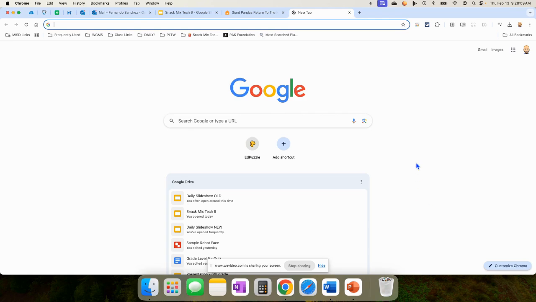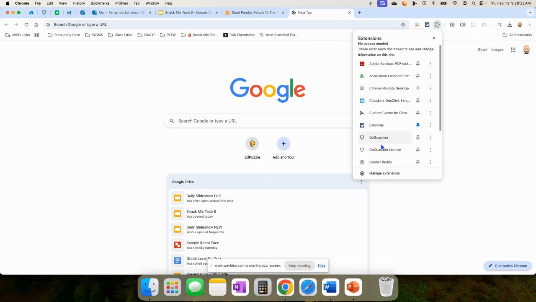The next Google Chrome extension I'm going to show you is called Tango. Let me show you how it looks. Tango is so that you can automatically take screenshots as you're trying to show people how to do something. Let me show you how it works. When I open up Tango,